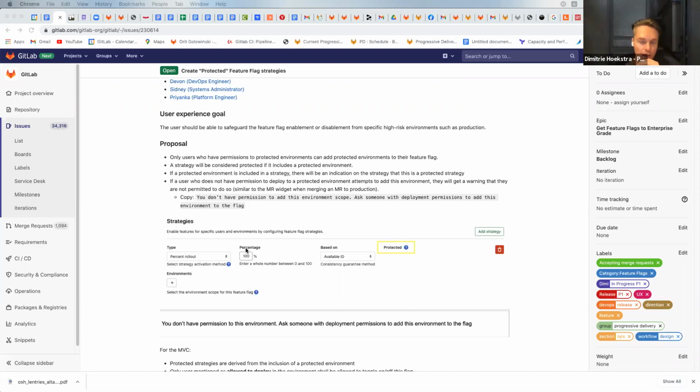Because from a UX perspective, I think it makes a lot more sense to go for the feature flag level rather than the protected strategy level. Before any engineer answers that, what I would like to mention is that the ideal user experience would be that if I have permissions for my environments, if I toggle them, that would only take effect to the environments that